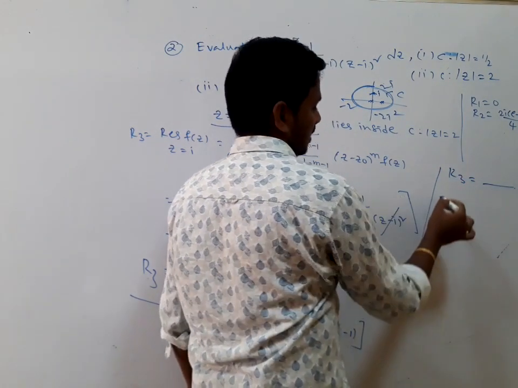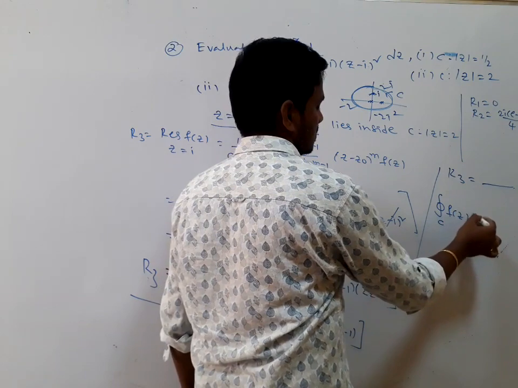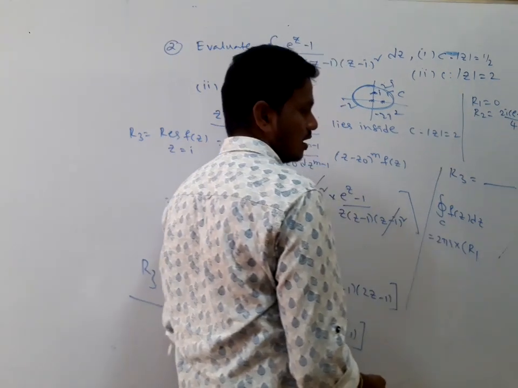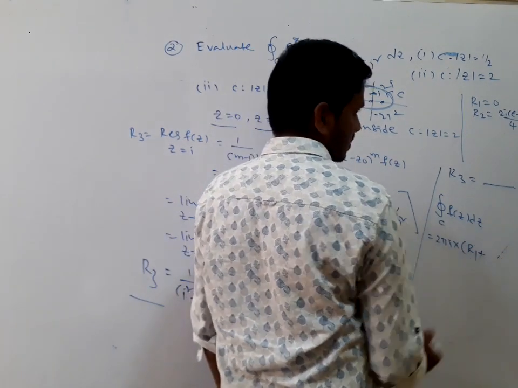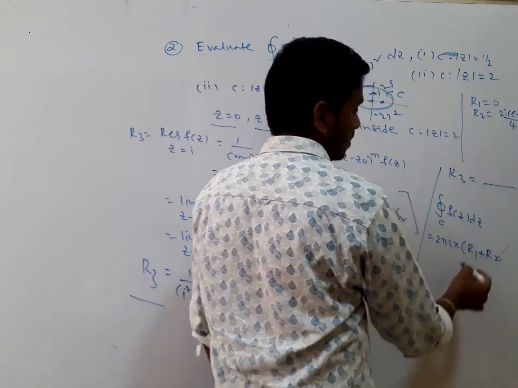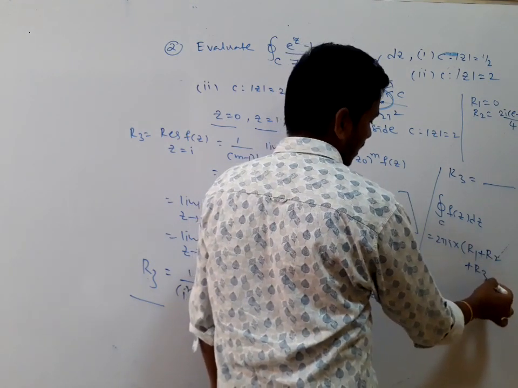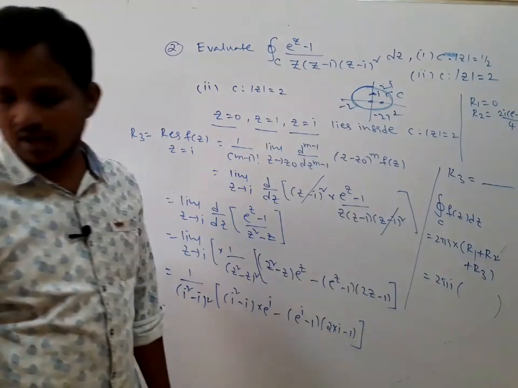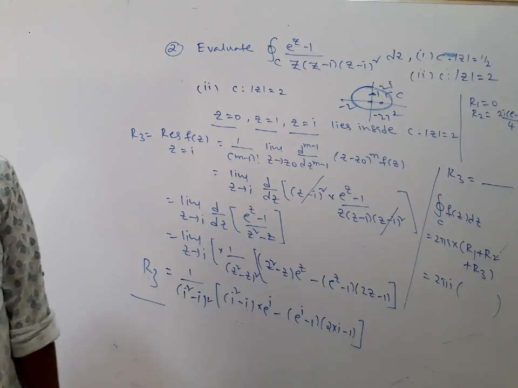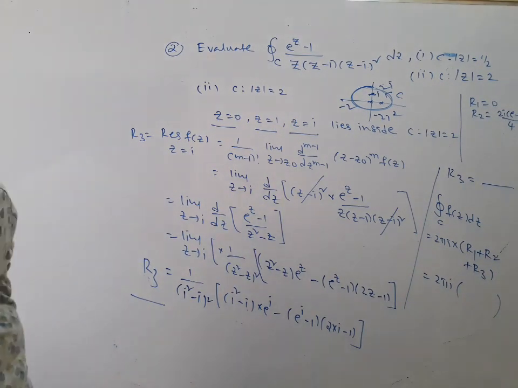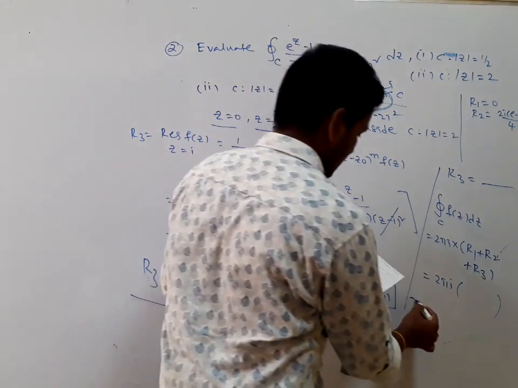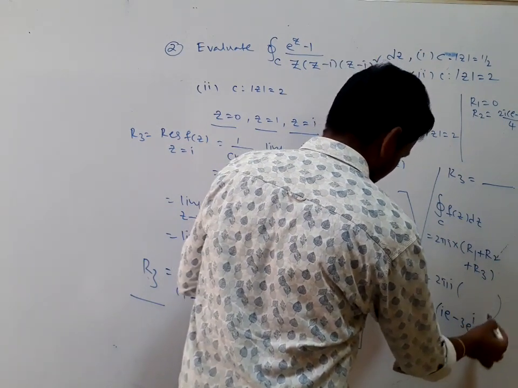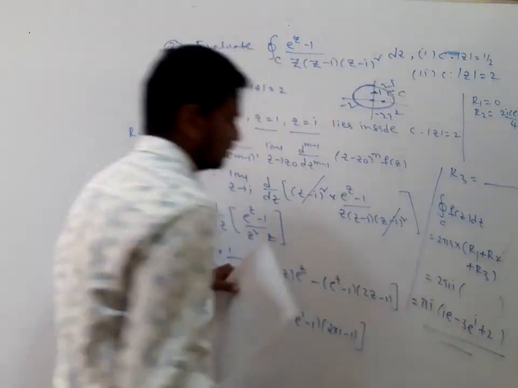So after getting R3, the integral over C of f of z dz is equal to 2 pi i into the sum of the residues. The residue at 0 is a simple pole, the residue at 1, R2, is a simple pole, and the residue at i is a pole of order 2. So 2 pi i into the sum, as you substitute those values and multiply, you will get the answer. You are going to simplify it. The answer is pi i into (ie minus 3e to the power of i plus 2). Verify it.